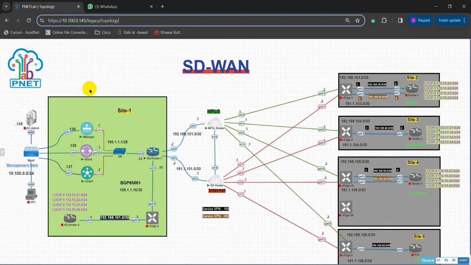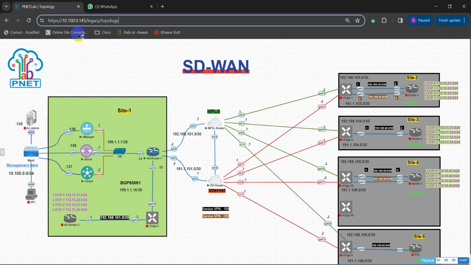You have all of those licensed version options available in Eve, which is absolutely free. You can use this PNET LAB rather than using Eve, and it's absolutely brilliant. I really like this. You have all those features that Eve gives you on a licensed version, absolutely free